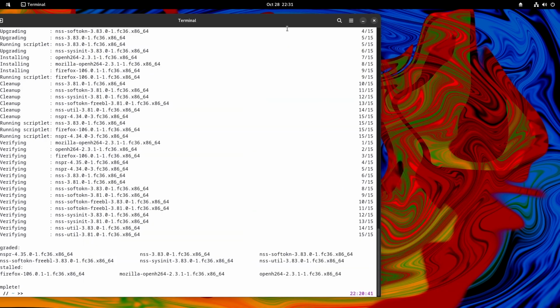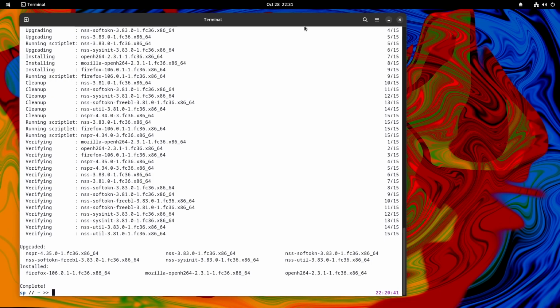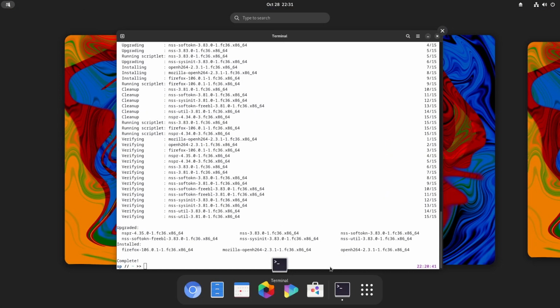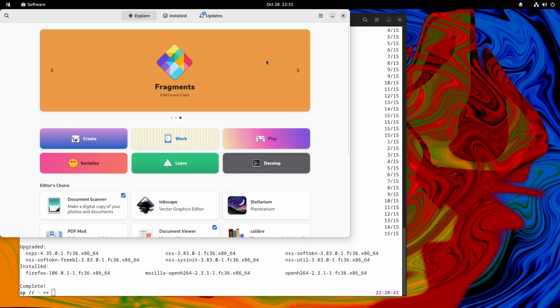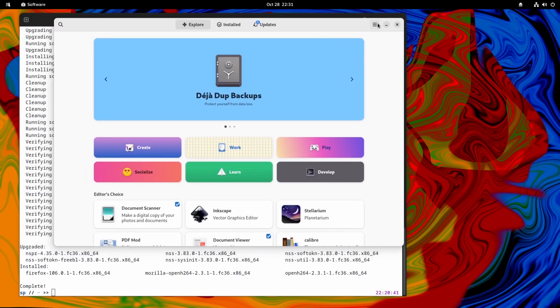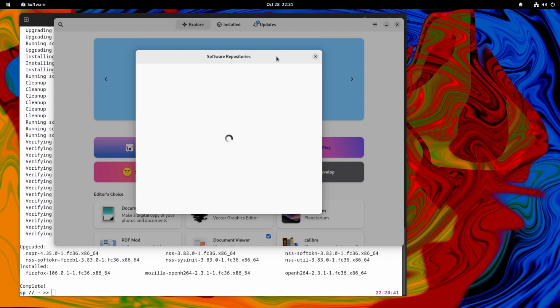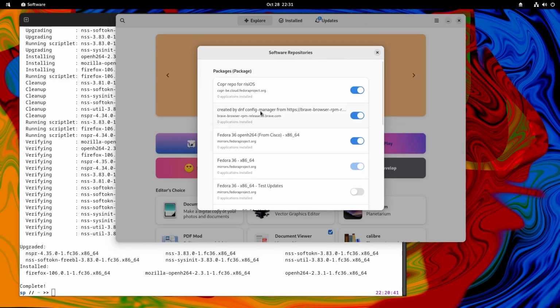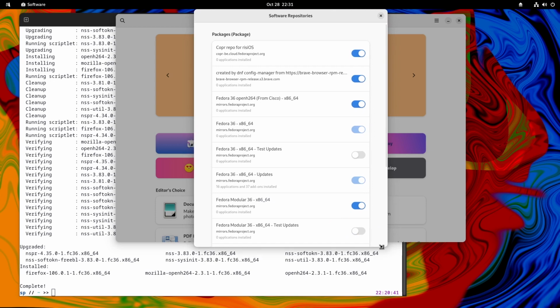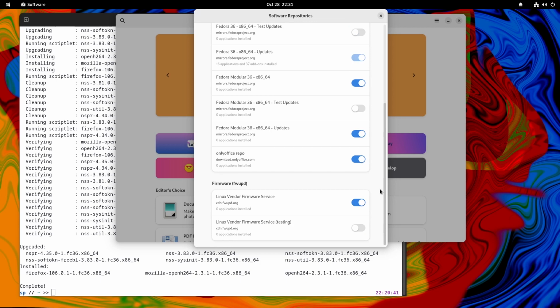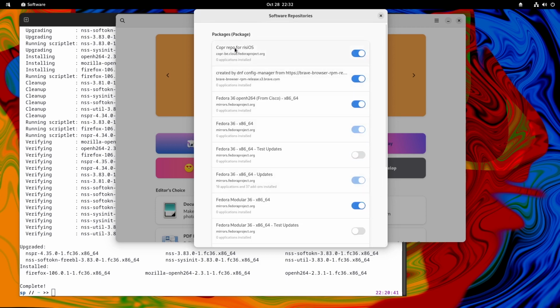Okay, I will close this, but before that, I will go to the software and then I will check the repo, software repositories. As we can see in this window, we have COPR repo for RisiOS enabled.